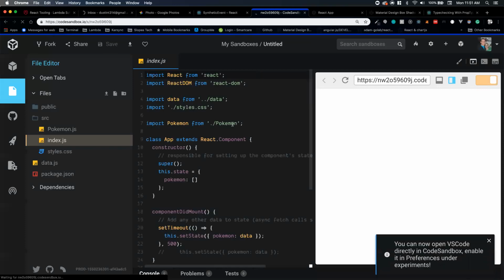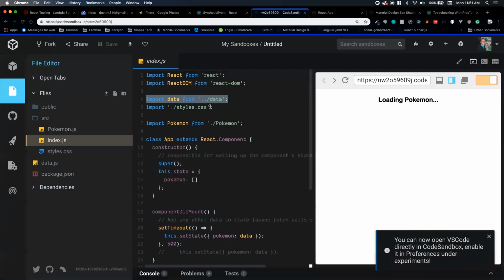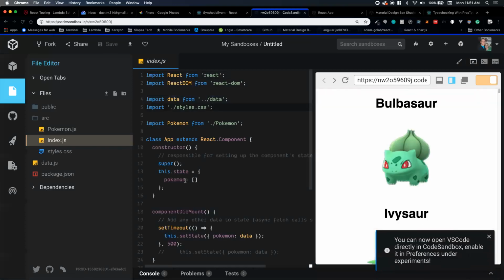Next week, we're going to actually get this data from a database and then add it to our state object. So we can pretend that,